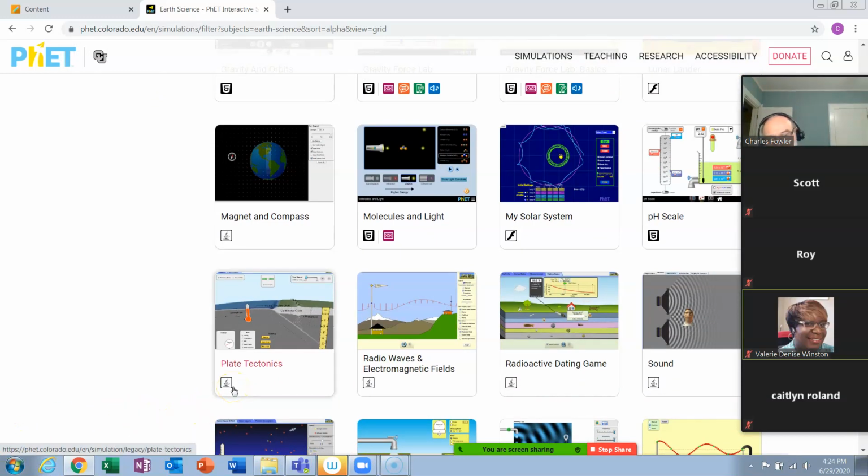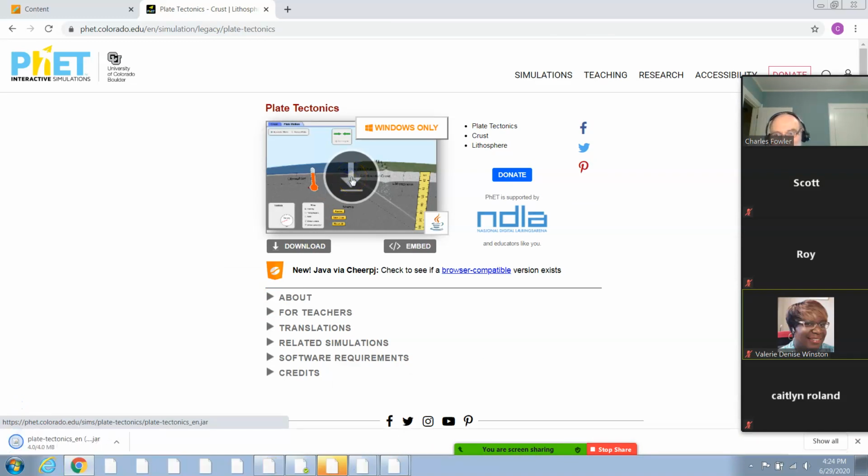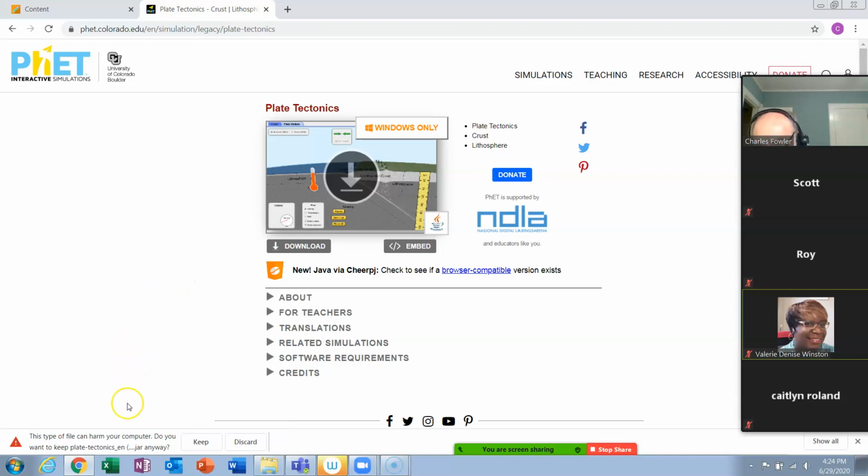So that's, unfortunately, you may or may not be able to do it. So what we're going to do is open that one, click on that, and then you come up here to the arrow that's inside that and click on it again. And it says down here, this type of file can harm your computer. It doesn't seem to do so, so I'm going to keep it. Okay,